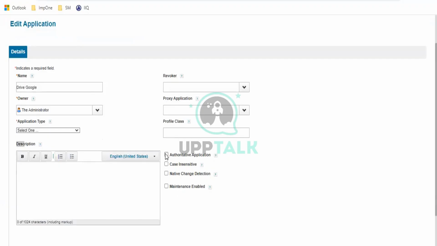As of now, it's going to be authoritative, like a trusted source corporate directory. I'm going to enable this one. The moment I select the application type, a number of tabs will open. Application type is nothing but the connector. A connector is a piece between SailPoint and the target application. Using the connector, we are going to aggregate everything. Is it clear, guys?